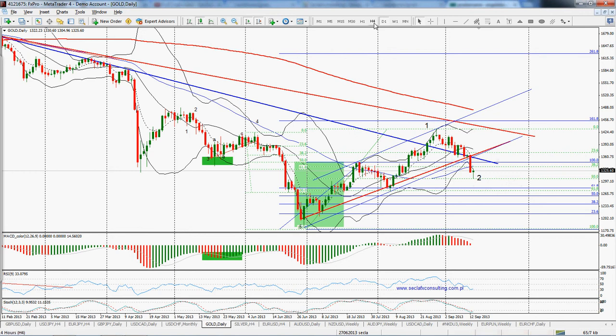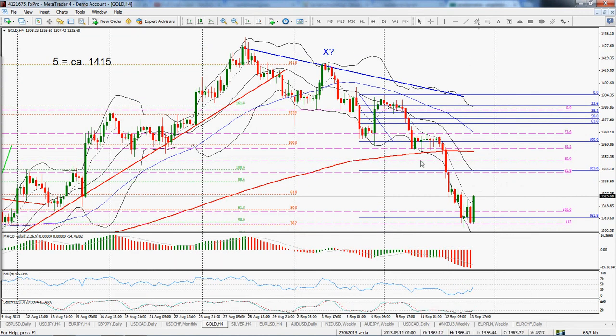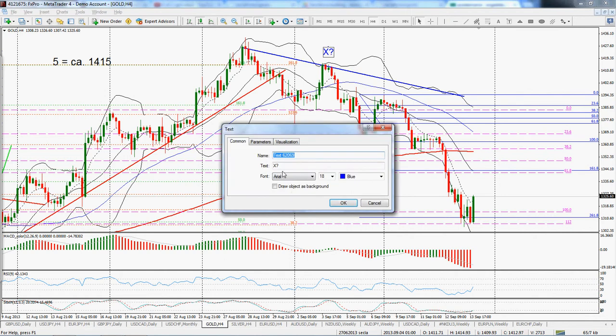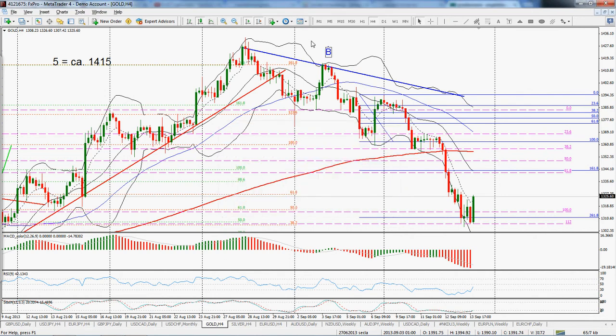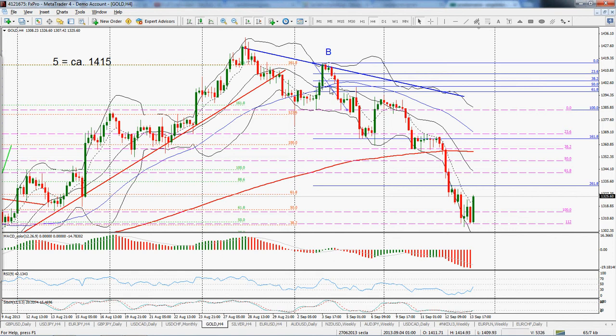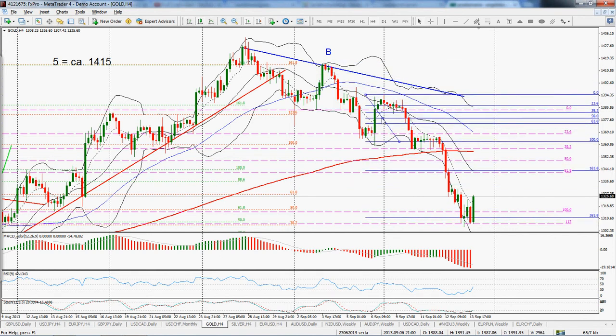Okay, and I thought that the count on the 4 hours chart, we can treat it as a correction, like A, B. So that's a B, not a X wave, that's a B, and that is a C line. There's a C wave to the downside, and you should count it as an impulse. So it's 1, 2, 3, 4, and this is the last 5 wave movement. The last 5. Okay, this is a 5, and if you measure the first wave and put it at the extreme of wave 4, which is here, you've got a very nice target for the 5 wave, for the last wave,